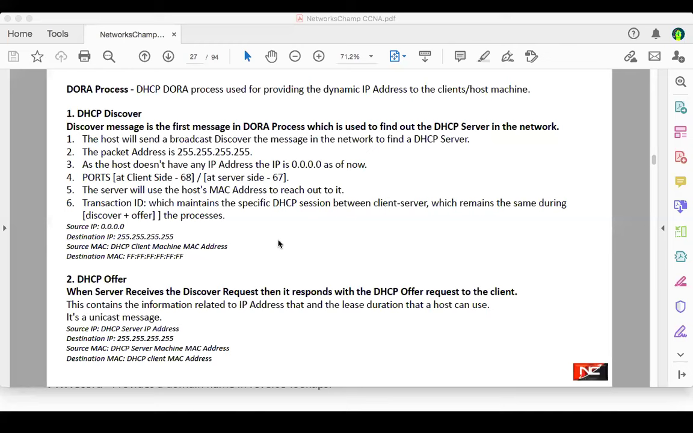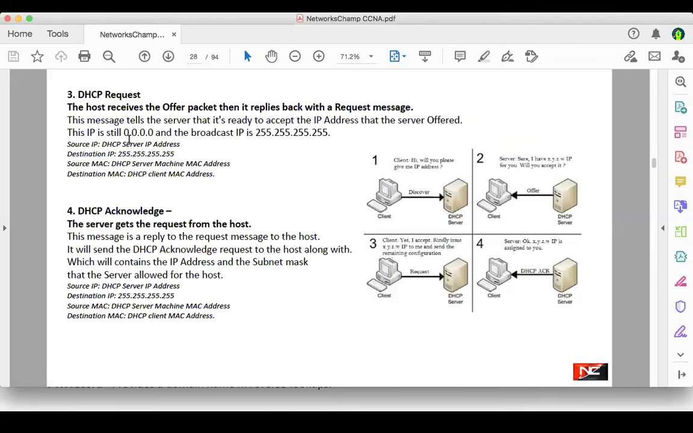And next is, after the offer, the DHCP request. Now the client sends the DHCP request, stating, can I take this IP address? Because in the offer there would be a next available IP. So the host receives the offer packet and it replies back with the request. This message tells the receiver that it's ready to accept the IP address that the server offered. Just remember, when the DHCP request is sent from the client, because it doesn't have any IP address, the source IP would still be 0.0.0.0, and the destination IP would be broadcast,